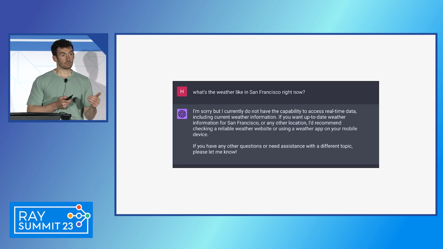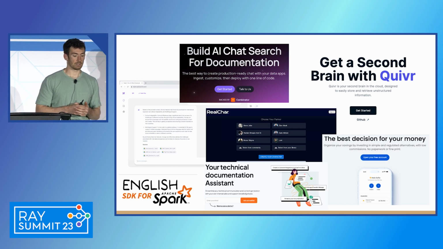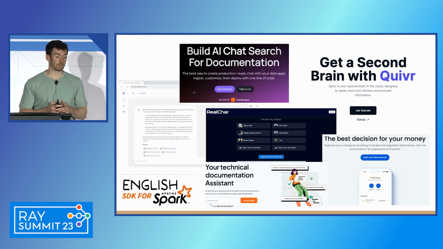And so LangChain, the open source framework, was designed around connecting language models to external sources of data and computation. And we've seen a lot of applications built on top of LangChain that really meet that goal. These are a number of applications here, ranging from connecting language models to a Spark database, to building a generative character with language models, or to building a financial advisor with language models that takes into account your personal finances as well as any kind of market conditions.